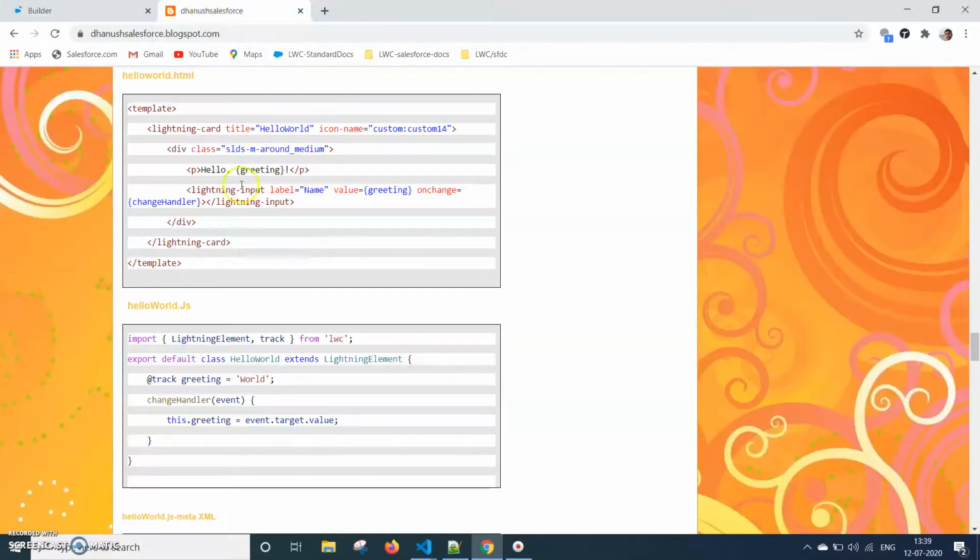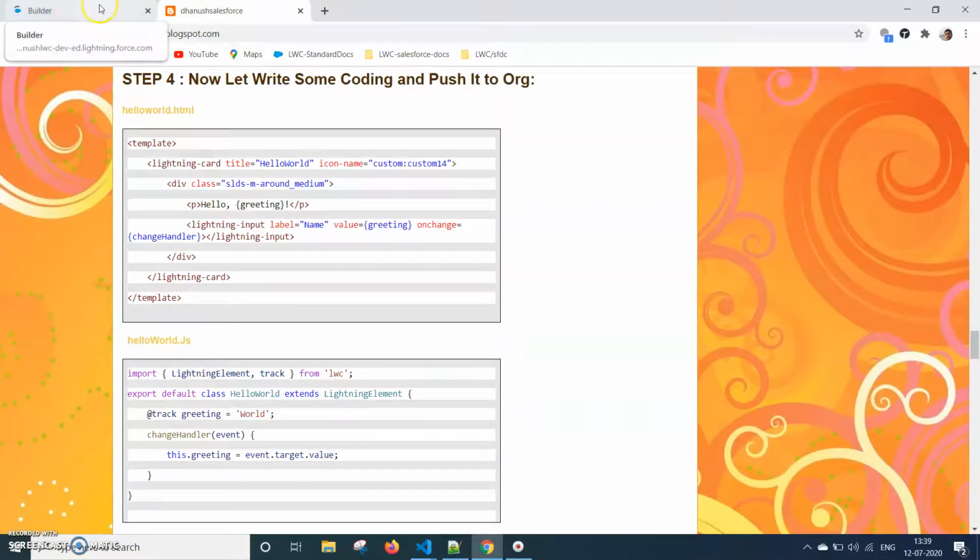The page is getting refreshed. This is the final step we are implementing for the creation of the Lightning Web Component.